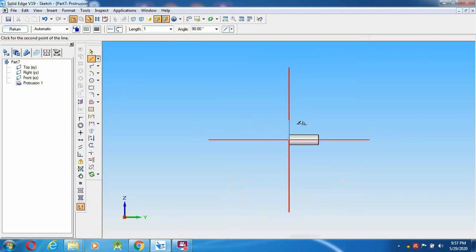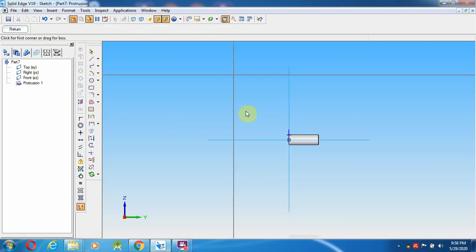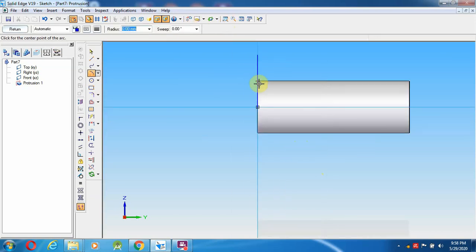So that 16 mm line I am going to draw. 16 means 8 mm line, because we are going to draw only one side, so 8 mm line I am going to draw. After that select arc by center point method, from this end point to here, up to that half I am going to create. Then I am going to close it over here.